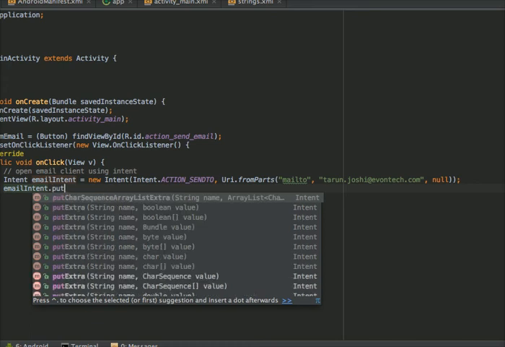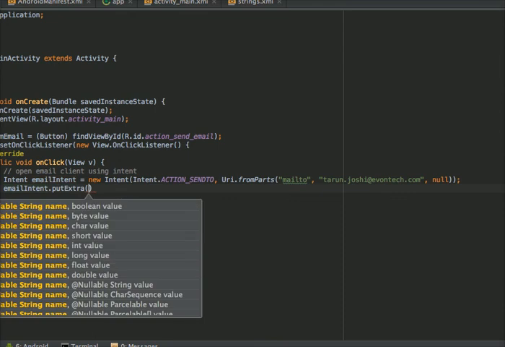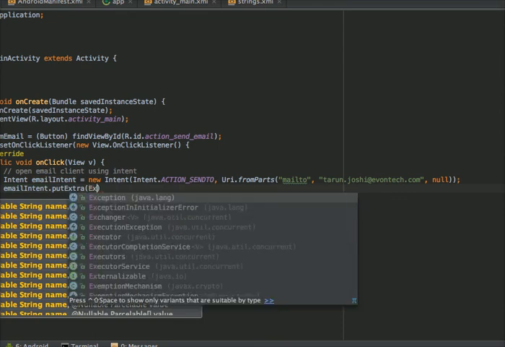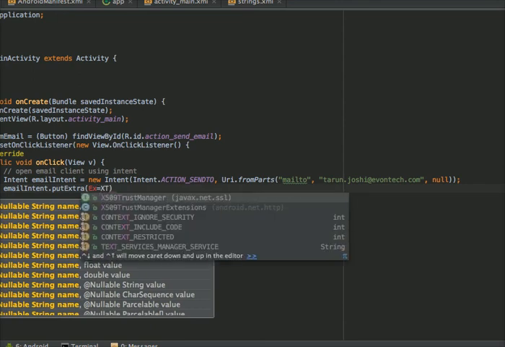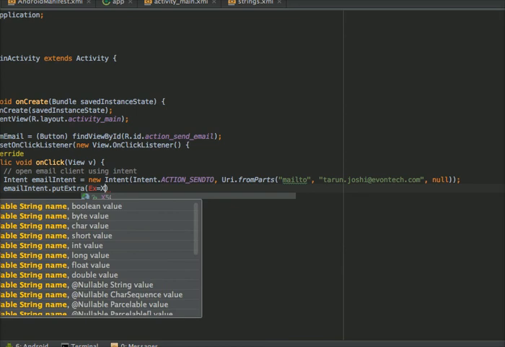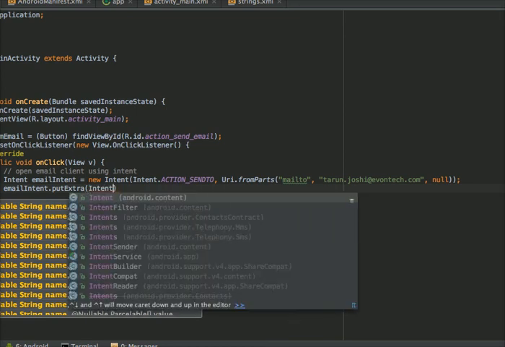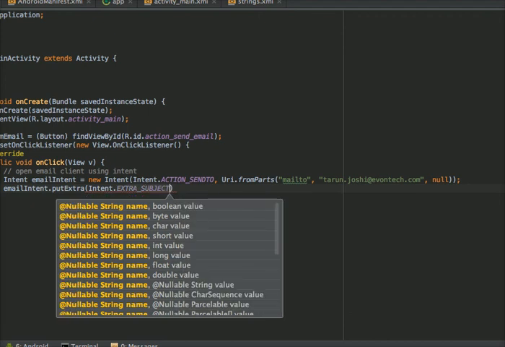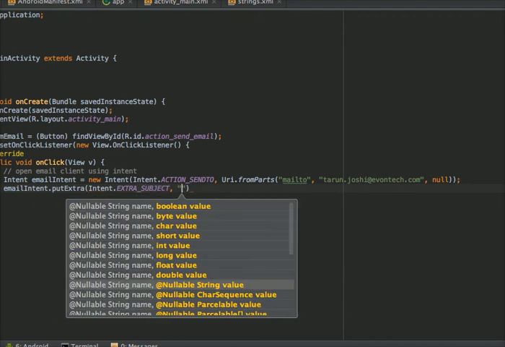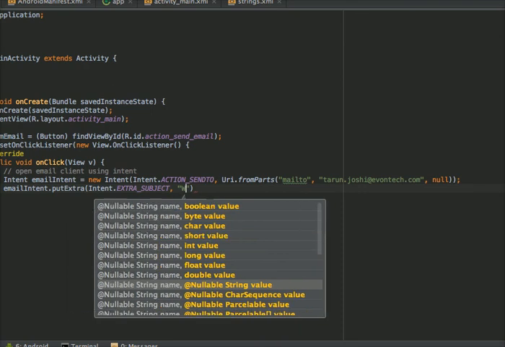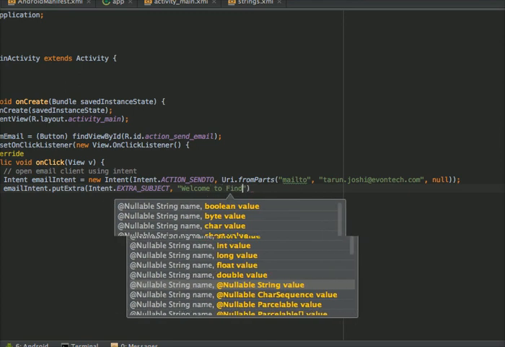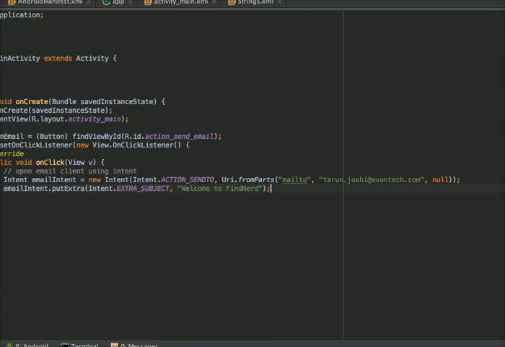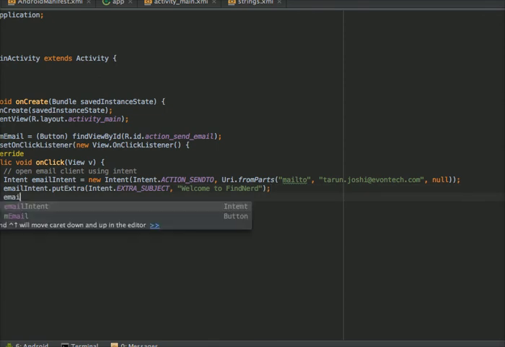Okay, now I also have to add the subject of my email. So for this we have to call the putExtra method, and in the first argument I have to call EXTRA_SUBJECT. Here you have to pass the subject of your email. I am passing welcome to FindNerd.